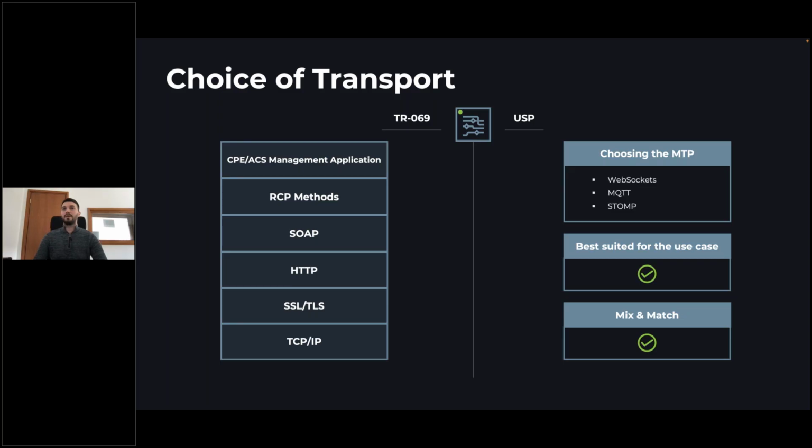So one of our preferred ones would be WebSockets. WebSocket is a protocol which allows us to encapsulate a single session between the USP controller and the device. So having direct connectivity to the device, and then this is how we would exchange the messages between the device and the ACS.